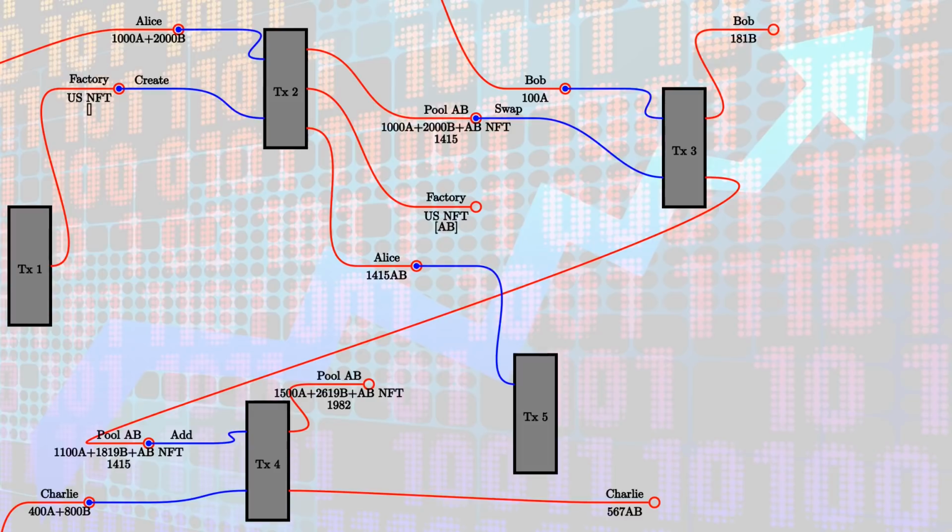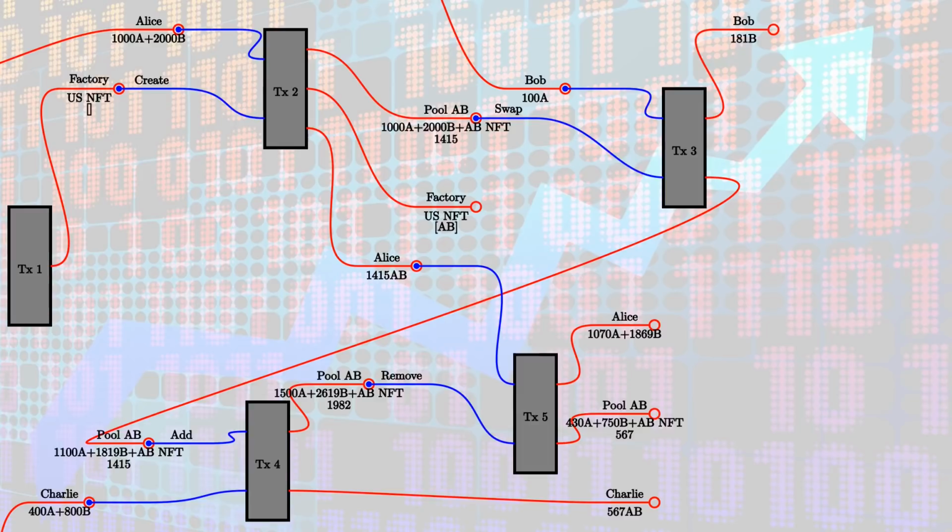The next operation we look at is called remove, and it allows owners of liquidity tokens for a pool to burn some of them. So in this example, let's assume that Alice wants to burn all her liquidity tokens. She could also keep some. She doesn't have to burn all. But in this example, she wants to burn all her 1,415 liquidity tokens. So for that, she creates another transaction with 2 inputs and 2 outputs. The inputs are the liquidity tokens she wants to burn, and of course the pool, again with the remove redeemer. And the outputs are the tokens from the pool that she receives in return. So in this case, she would get 1070 As and 1869 Bs.